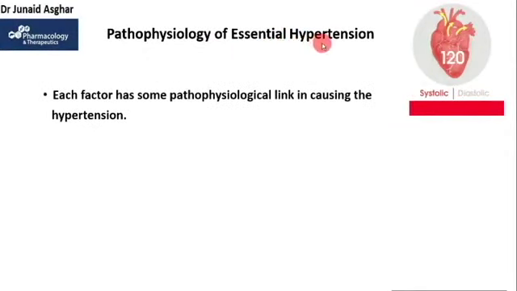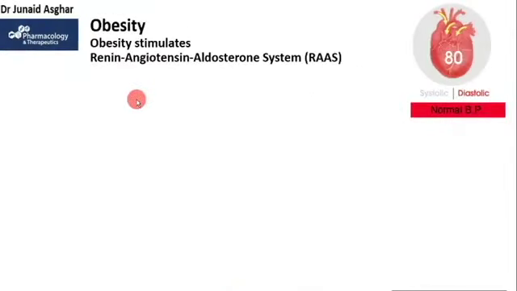Pathophysiology of essential hypertension. Now, each factor or cause discussed on the previous slide has some pathophysiological link in causing essential hypertension. Let's check out one by one how these factors are linked to hypertension, starting with obesity. Hypertension is linked to obesity in many ways. Obesity may lead to hypertension and other cardiovascular diseases by activating the well-known Renin-Angiotensin-Aldosterone system, or RAAS. And most of you know that this is a system which is responsible for the